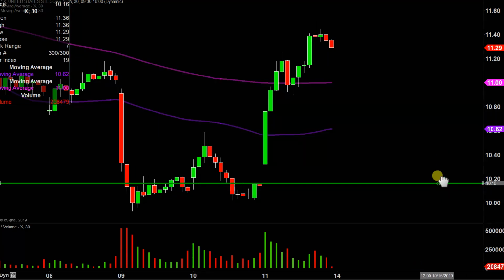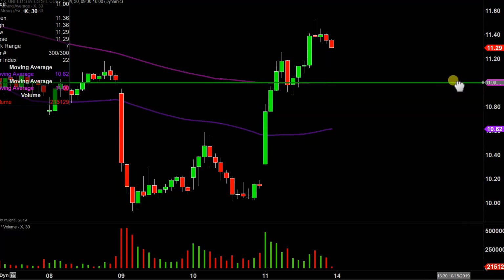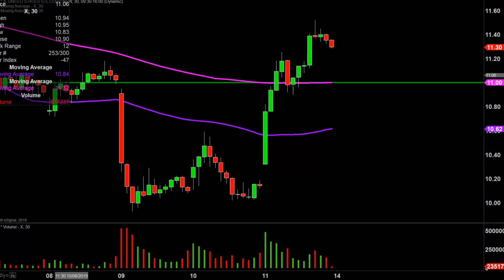So the first level of support is what I would call the ideal level. And we say, hey, Clay, what would make this chart look the absolute strongest going forward? And that would be if the price can stay up above $11. Now, don't get me wrong. If the price falls below 11, I'm not saying the entire chart is destroyed or ruined or anything like that. But if the price could manage to stay up above that level, that would definitely be a huge sign